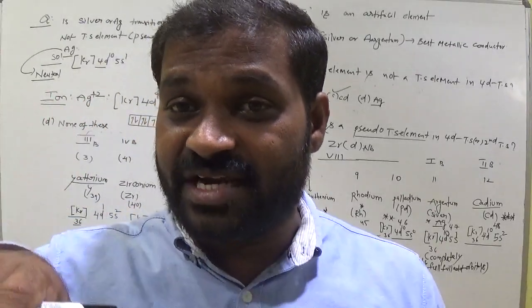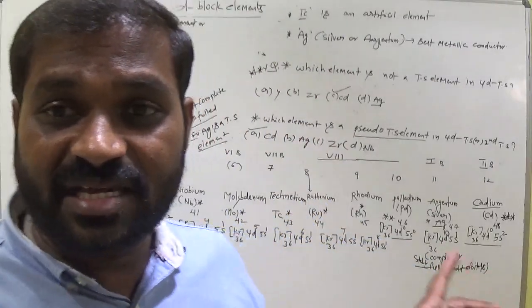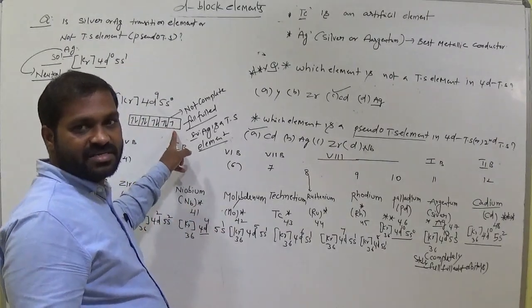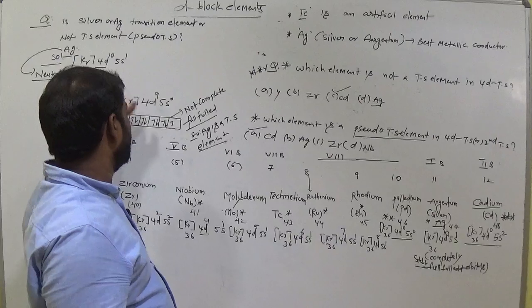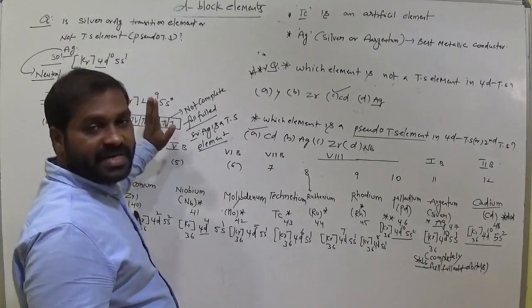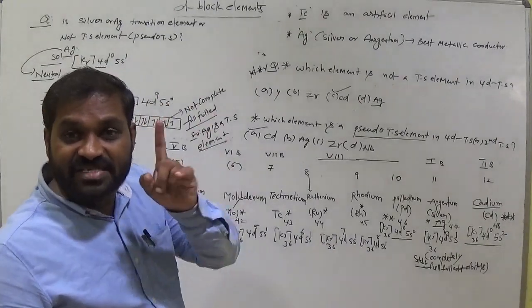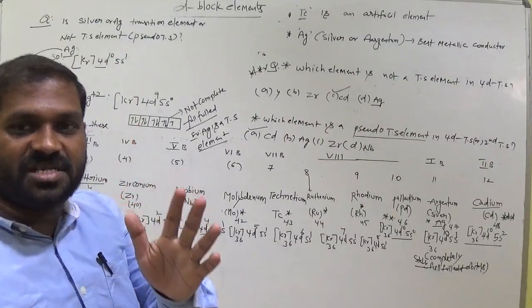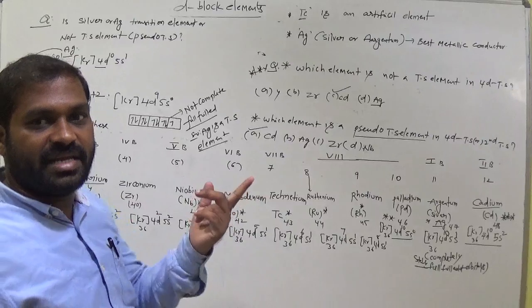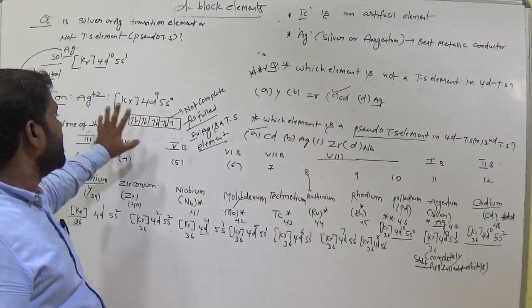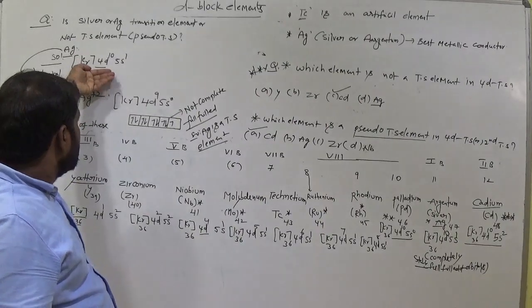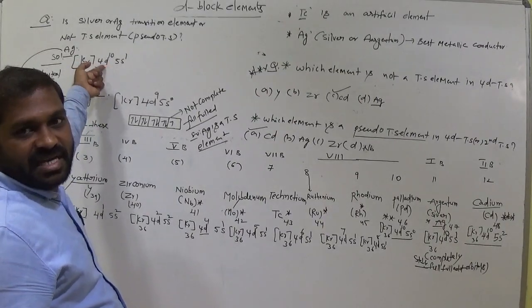So in the ion state, there is a single unpaired electron, not completely fulfilled. So in the ionic form, it exhibits transition character. That means having single electrons, not completely fulfilled. That property is called transition element property. Later we will discuss it clearly. Remember this: silver is a transition element. Actually it appears as a pseudo transition element.